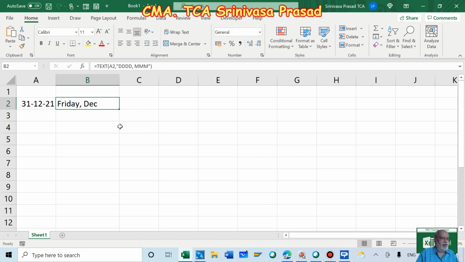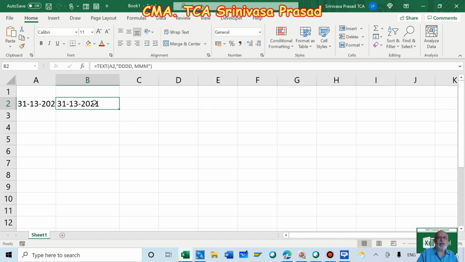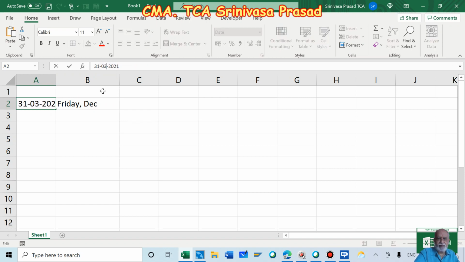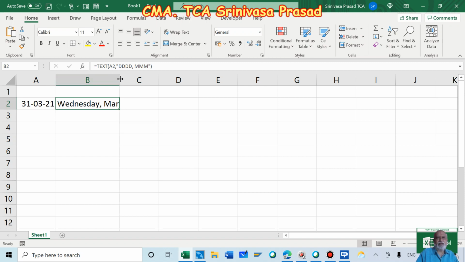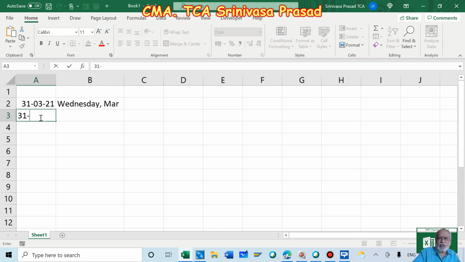Now suppose we make it 31st March 2021. Everything changes. It has 31st March, so it is Wednesday, March. Now let's take this date again.